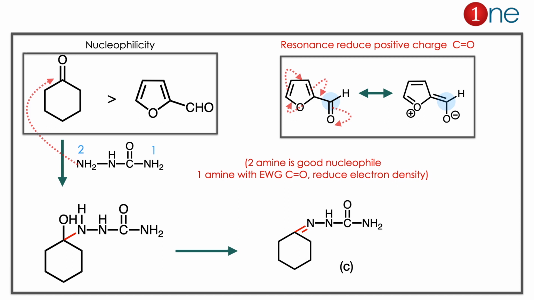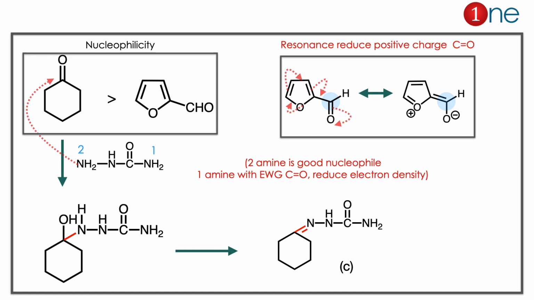The starting material has 2 carbonyl groups, but where is the reaction center? You have to analyze the electrophilicity, meaning the positive charge density. Here in the furan there is resonance involvement. What is really happening is the positive charge is reduced by resonance due to the oxygen lone pair. So the electrons move around. You have positive charge reduction at the carbonyl. But in the cyclohexanone there is no resonance. So the reaction happens at cyclohexanone.